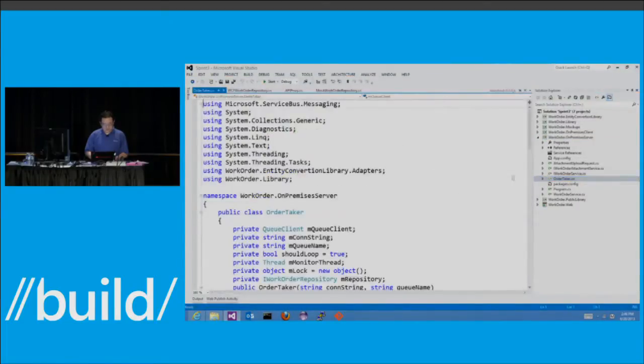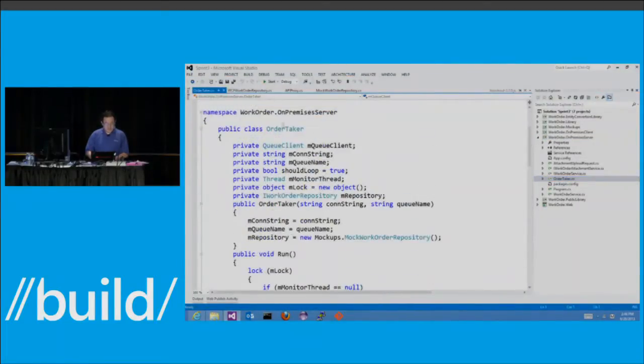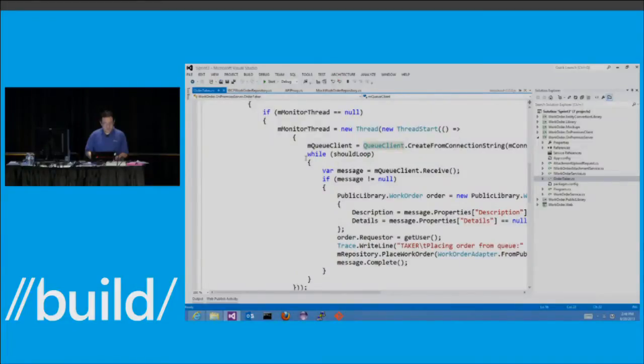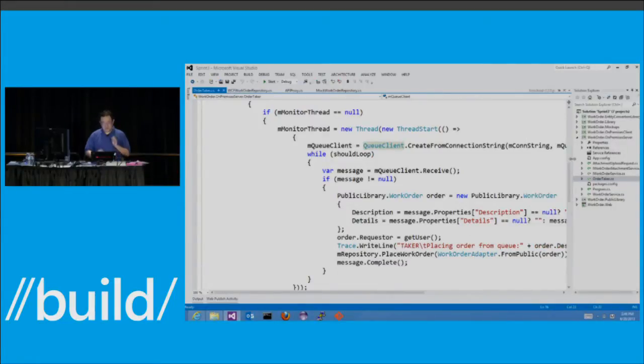I'll show you how it works. Here you can see this is a service bus library class. You can use queue client to connect to a queue. Then you just keep looping, and when you get a new message, you just call the repository to place the order. And this is actually something new I want to show you here.